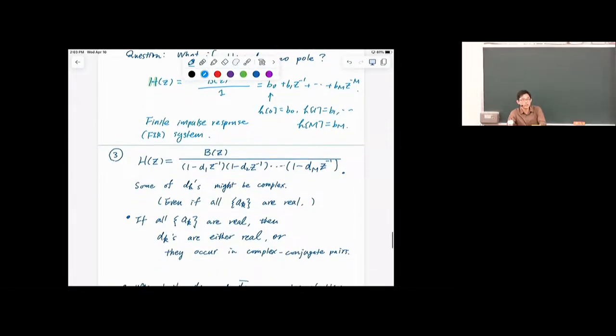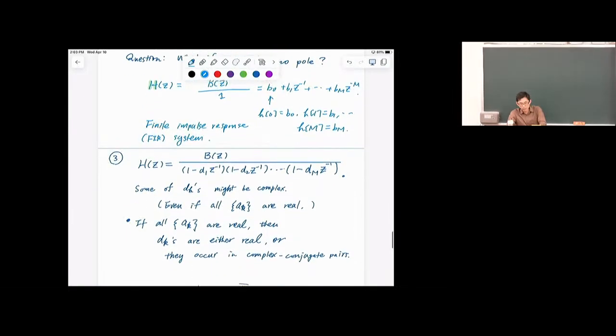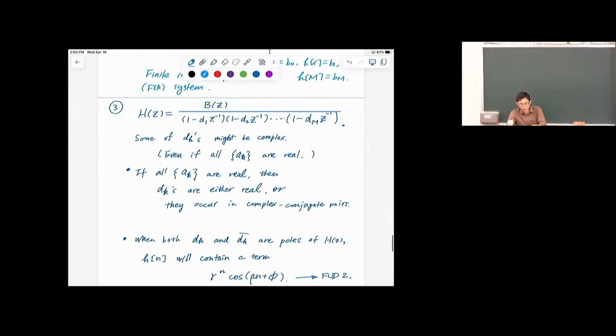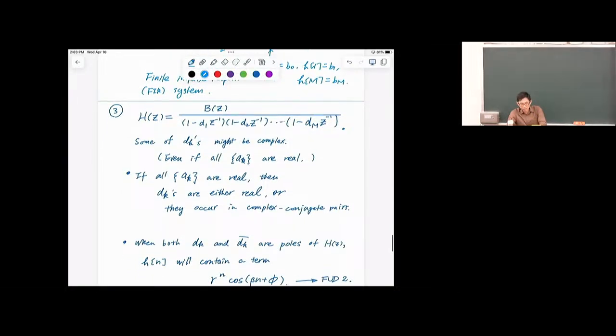Are we good? Yeah. So now another property I want to mention is that you know that when we are